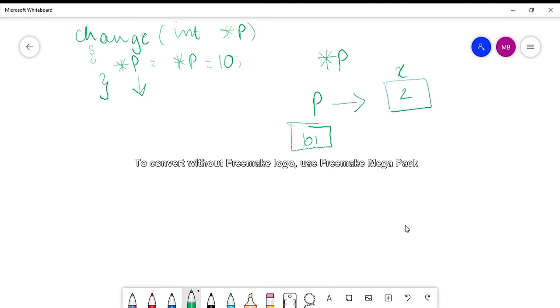Since the address of x is 101 and the value of x is 20, p is not storing the value of x, which is 20, but p is storing the address of x, because p is a pointer variable.